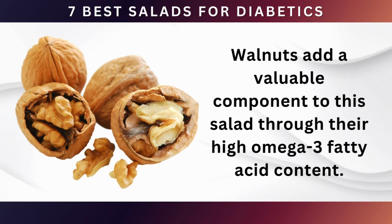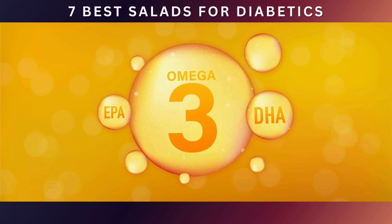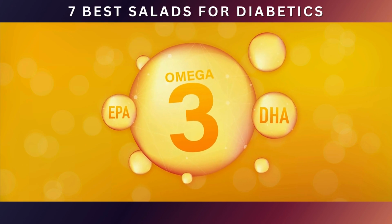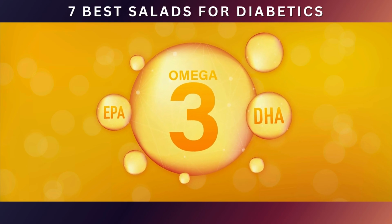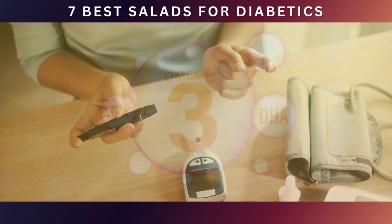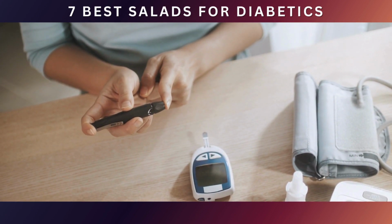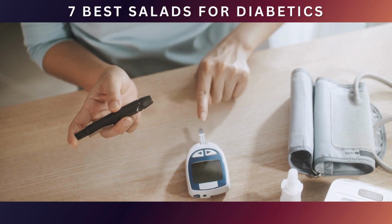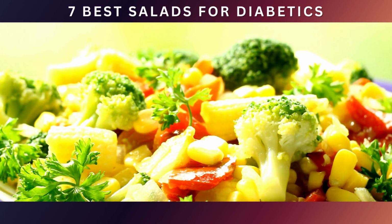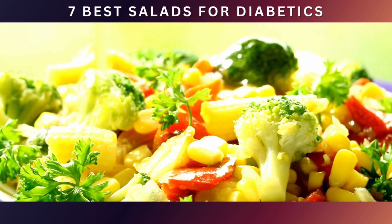Walnuts add a valuable component to this salad through their high omega-3 fatty acid content. Omega-3s are fats that are not only crucial for brain health, but have also been shown to improve heart health by reducing blood pressure and cholesterol levels. For diabetics, whose conditions can increase the risk of cardiovascular disease, incorporating omega-3s into the diet is particularly beneficial. Serve this salad with a dressing made from olive oil and lemon for an extra zest, or a touch of